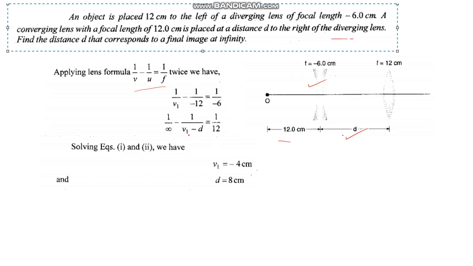In the second situation, the image is formed at infinity, so 1/v will become 1/infinity. This time you are writing for the convex lens, and this will become v1 minus d. If you solve this equation, you are going to get 1/v1 is equal to minus 1/12 and minus 1/6. Basically you are getting some minus value. So it is minus v1, even though we are writing it as v1, it is a negative distance. So when you are measuring object distance from this end, it will be minus d and v1, but v1 is coming as minus, so you have to use v1 minus d here.